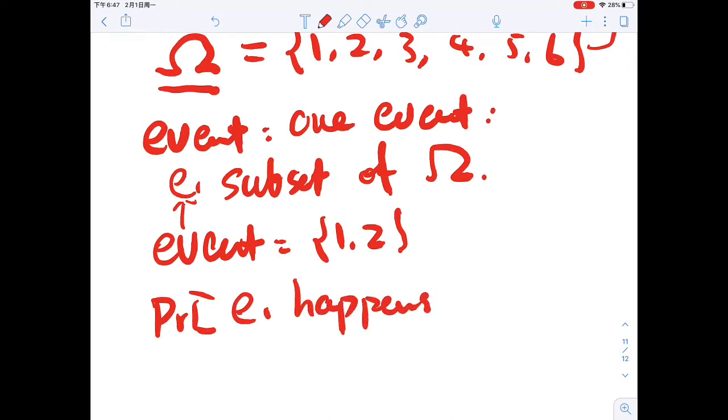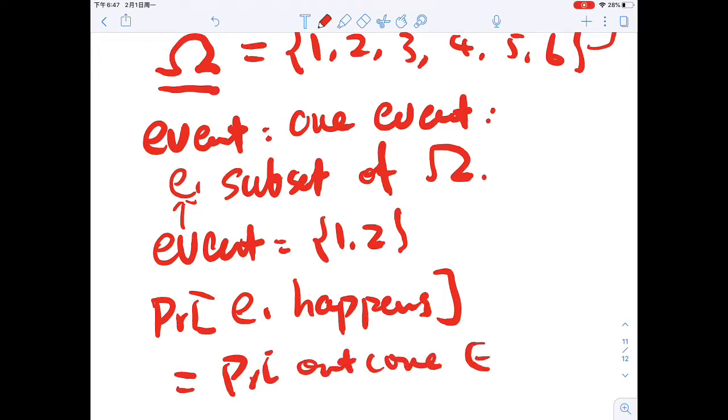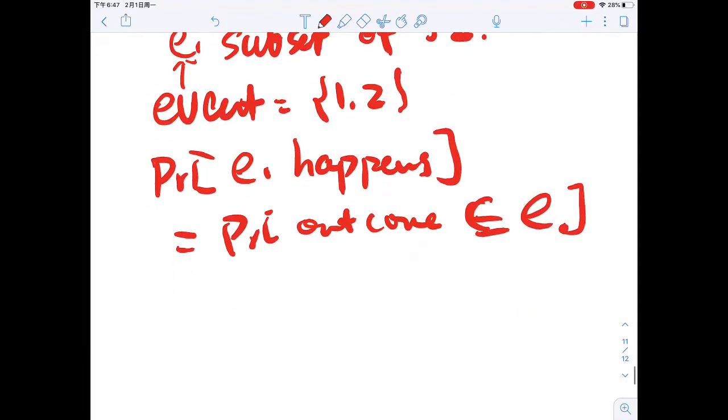When we say E1 happens, it really means that the outcome falls into this subset. So let me just repeat. When we have been talking about events,